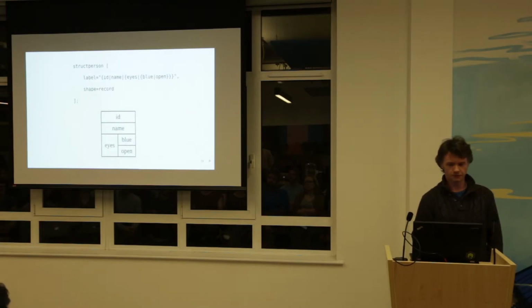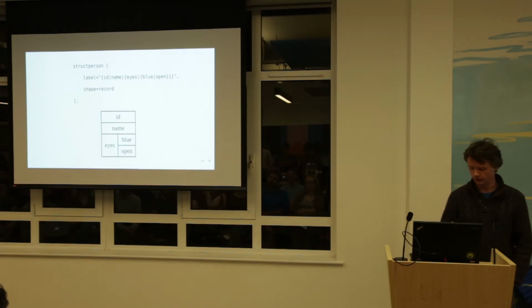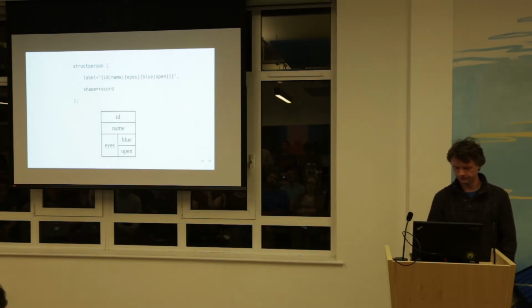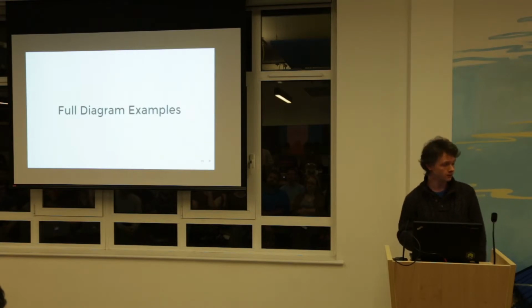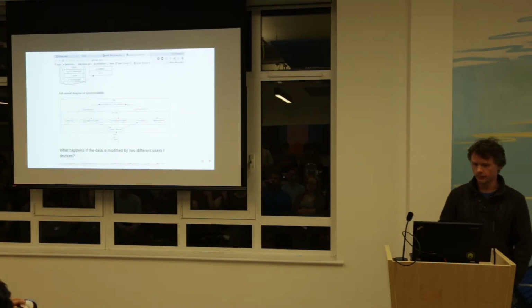Data structures can be described like this, which is a little bit weird, but it is serviceable. The nice thing about this is you can point arrows directly to the actual cells within that shape directly. I'd like to show you a few full diagram examples. In this example, I've used